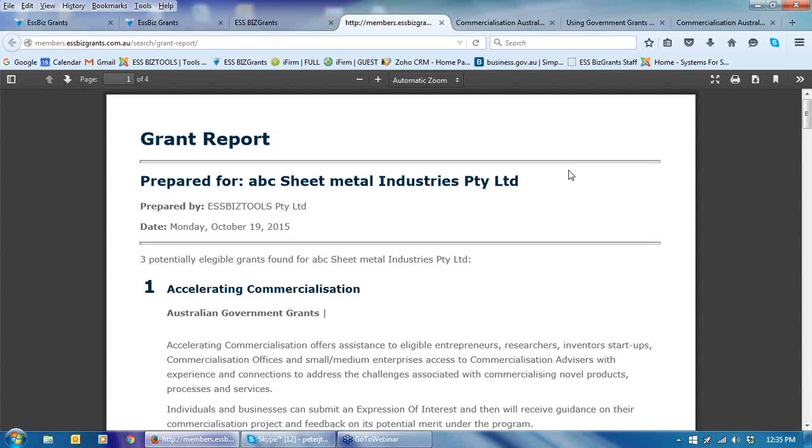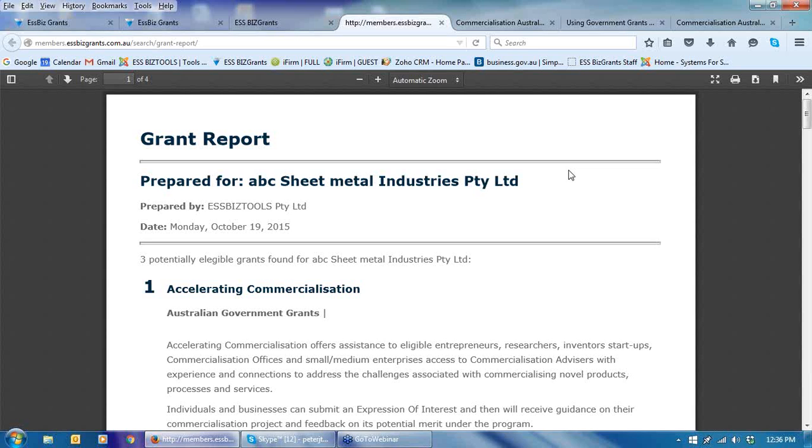What we recommend you do is then open a new work in progress file for your client for the application, that you then proceed with accessing the application forms from the various links that you've now got to the government sites. Complete the application. That will require some discussions with some government officers, especially in a grant like Accelerating Commercialization,